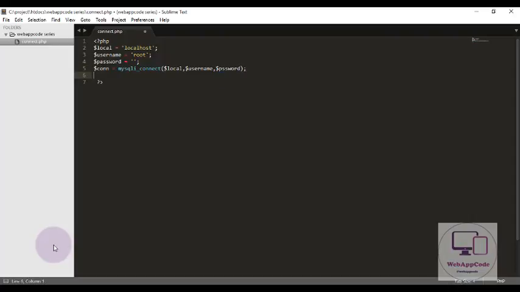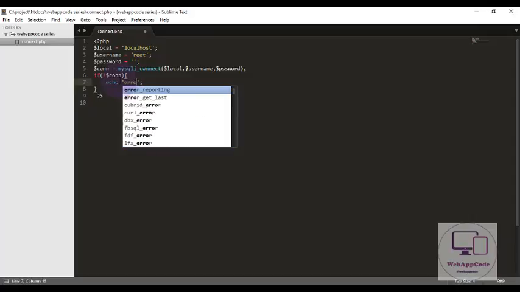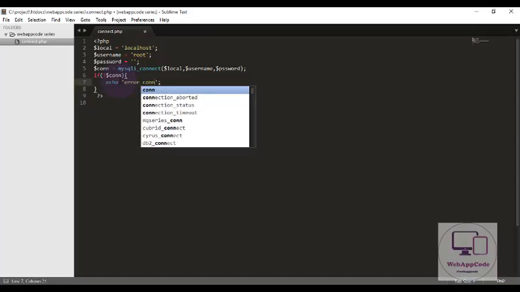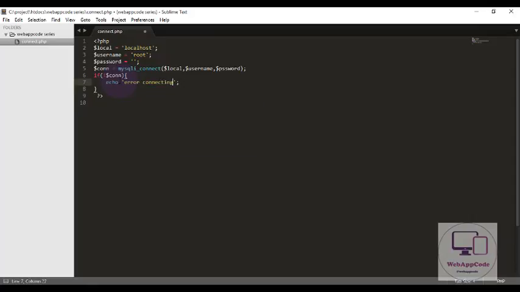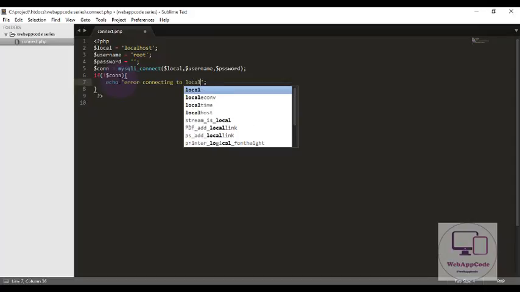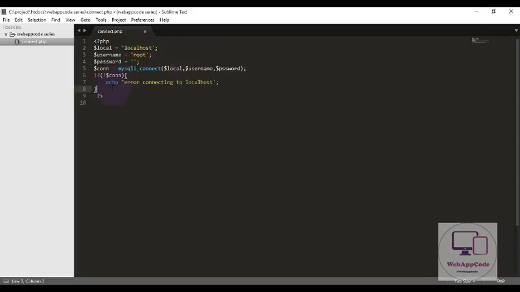Then after that, you can just type if not connected, echo error, else